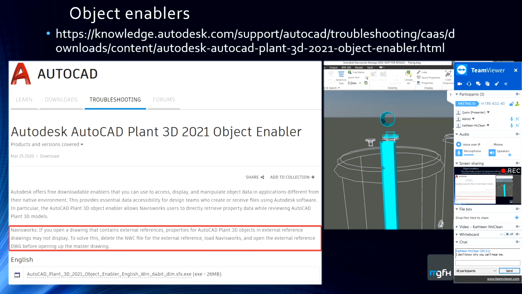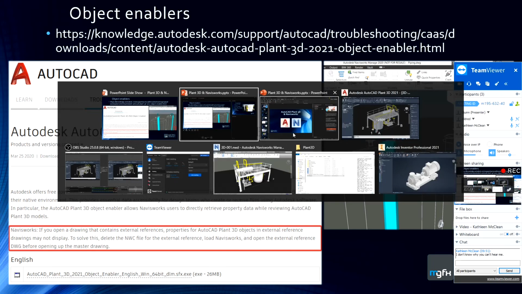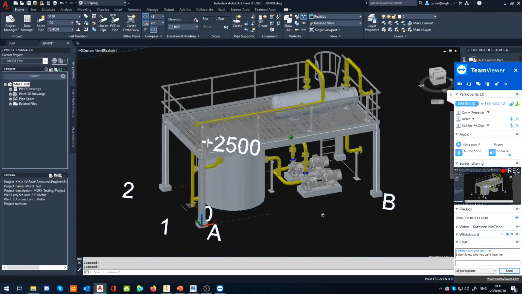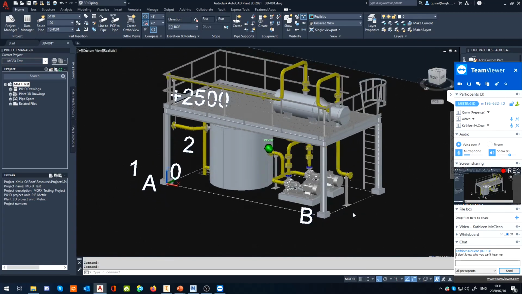I know this is a bit strange. Open it up in your Navisworks, and then you should see it gets rid of this problem. What do I mean by that? If I were to go to my Plant 3D, as you can see, this is my plant model,